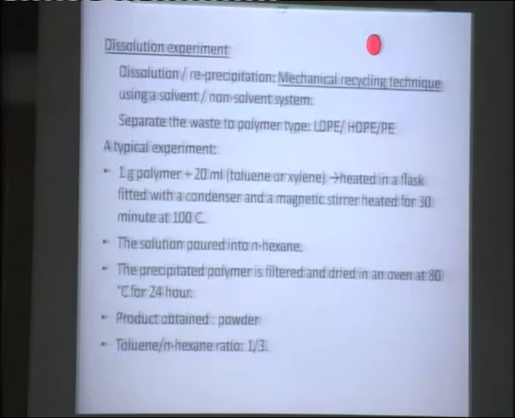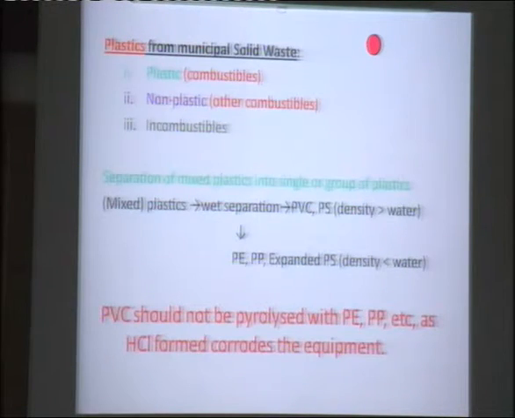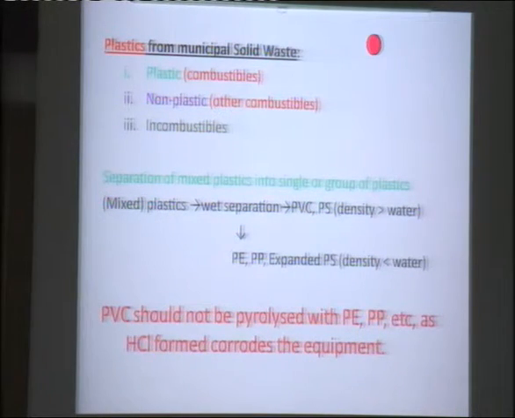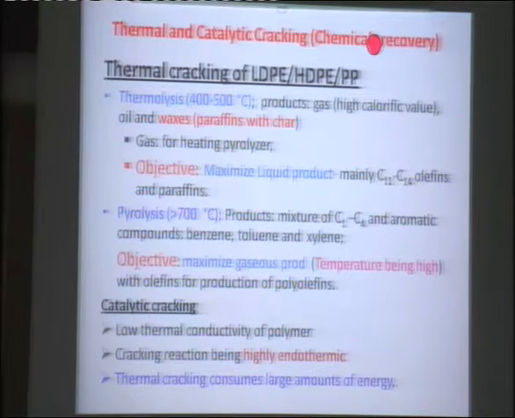Next. You can see from here the specific reactivity, so that can be used for separation of plastics by flotation process. Next. In the solvent non-solvent method I was talking about, you can also separate them. You first dissolve, for example, polypropylene and polyethylene in xylene, then put that solution into normal hexane. The polyethylene will separate. The polyethylene can be separated, dried, and used again for some other low-cost product. Next.